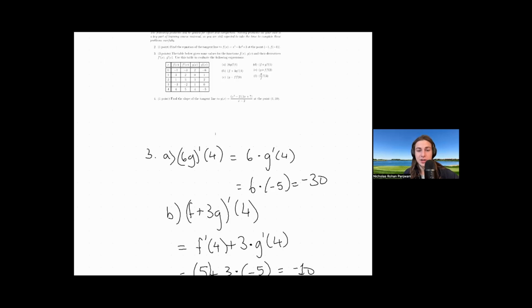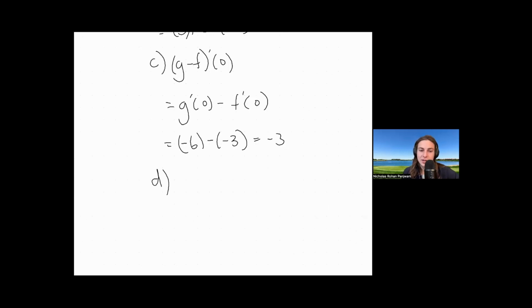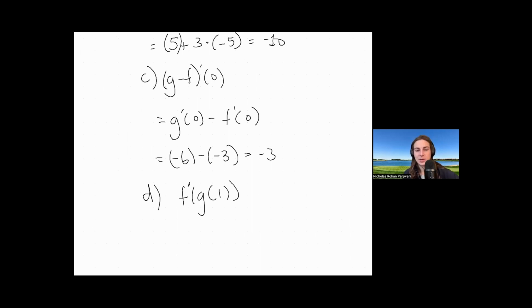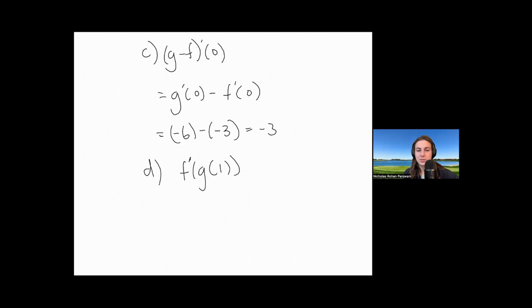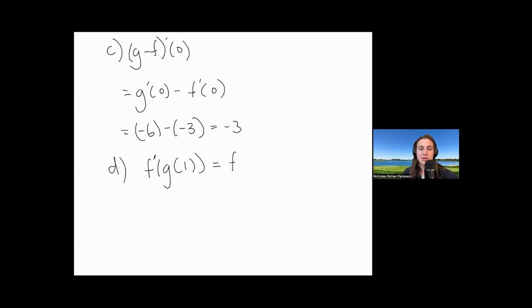f of g prime of 1. So another way of writing this is f of g of 1. Or yeah, f prime of g of 1. That's another way of writing this, and I actually like this way better. It's clearer to me. So ultimately, regardless of how you write it,